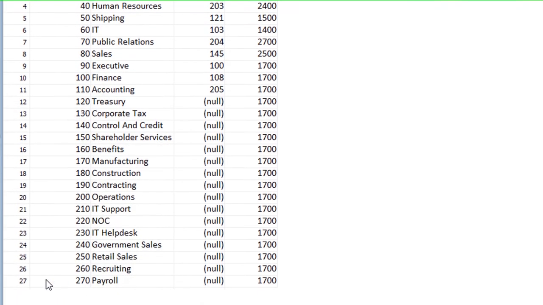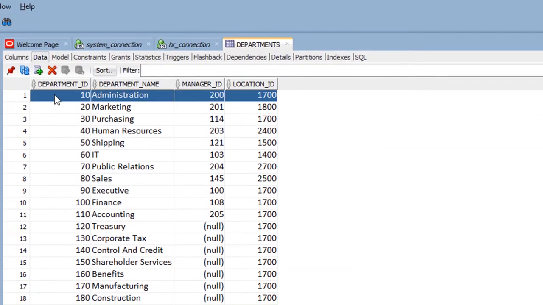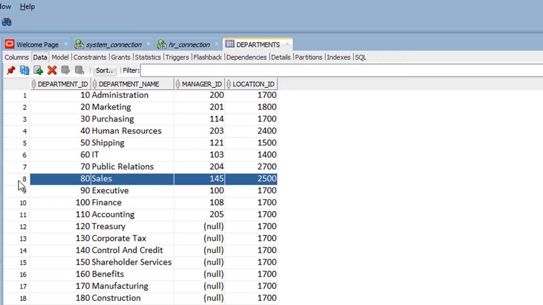We have here 27 records, as we can see. This is a row which represents all information about department number 10. The department ID is 10, the department name is Administration, the manager ID is 200, and the location ID is 1700. This is, for example, a row or a record that represents information about department number 80. The department ID is 80, the department name is Sales, the manager ID is 145, and the location ID is